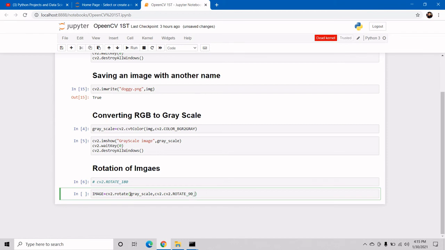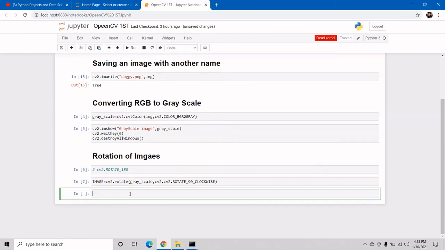Suppose I'm using this. Okay, now it is already executed. Now we have to show this. For that I am using imshow. Now we have to pass our image. Suppose I'm giving the name 'after rotation'. After this we have to pass our new image.